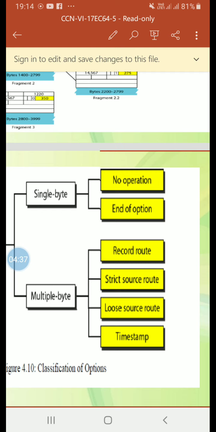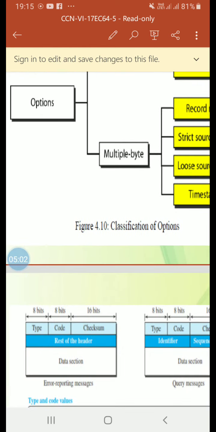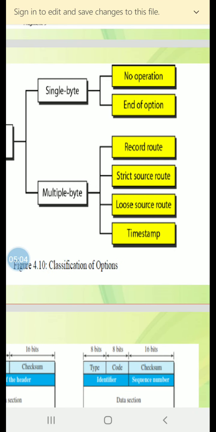Then how much time it takes for a datagram to go from one router to another can also be estimated. All routers may use universal time, so estimation is possible, though their local clocks may not be synchronized. So this is about the options.